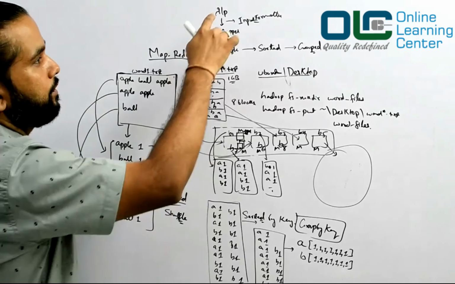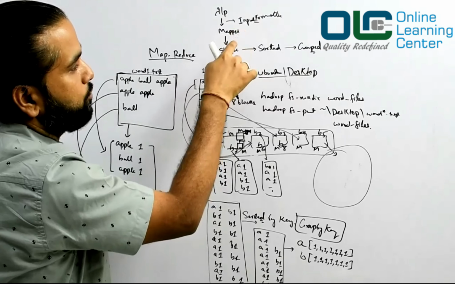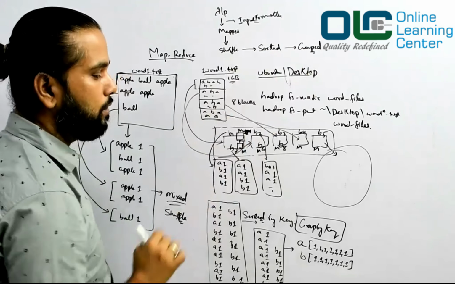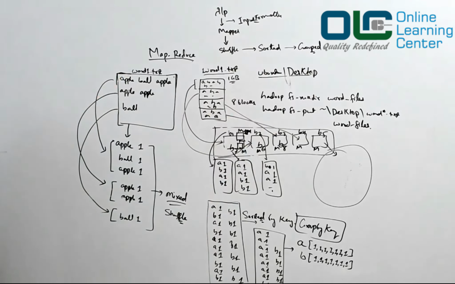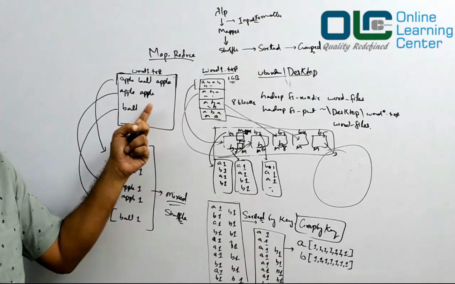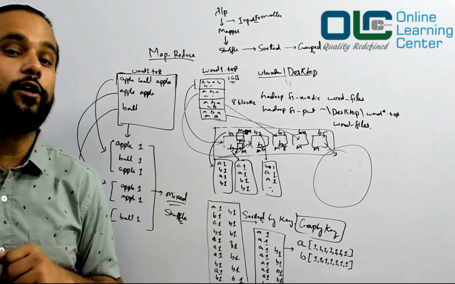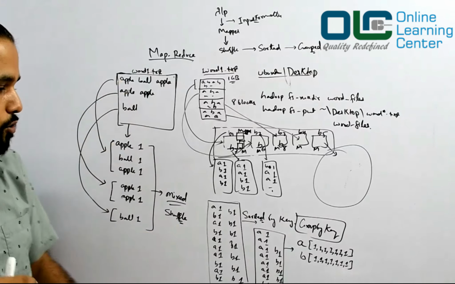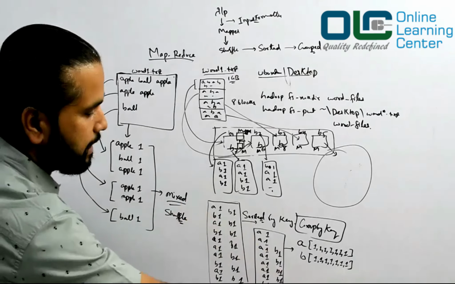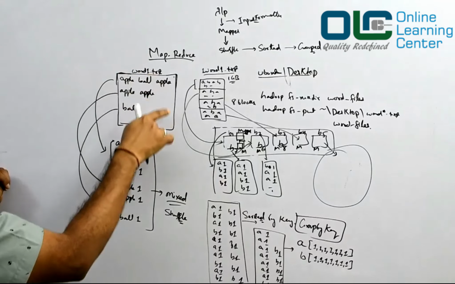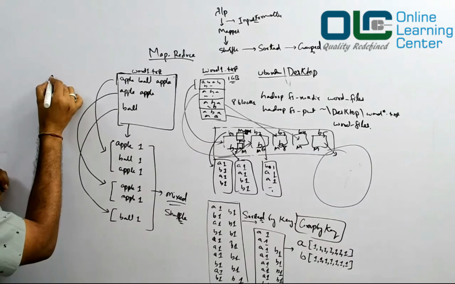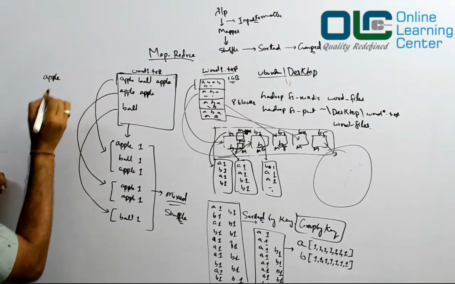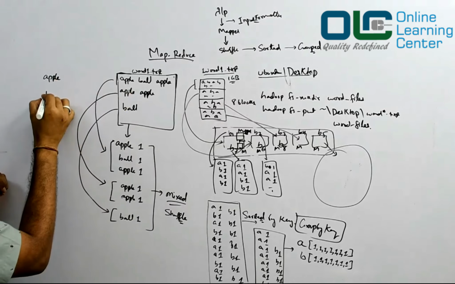Okay, so input to mapper, mapper to shuffle, shuffle was sorted, and sorted data was grouped, and now we got two groups, right? If you look into this example, how many groups will be created, guys? Only two groups, because you have only apple and ball. If I don't talk about too many examples, and just stick to only this data, can you tell me how the data would be grouped? You will have apple here, and you will have a ball here.